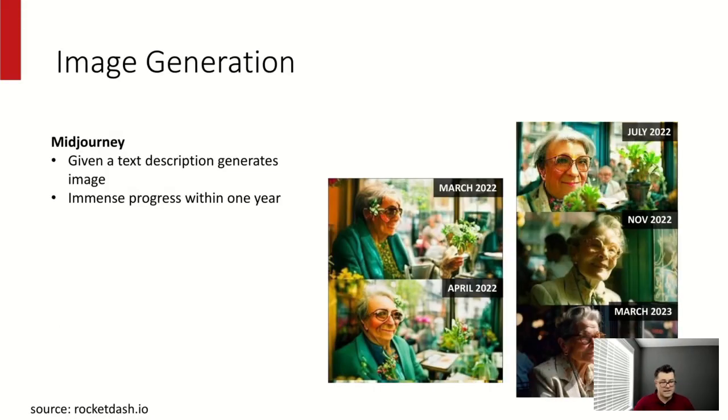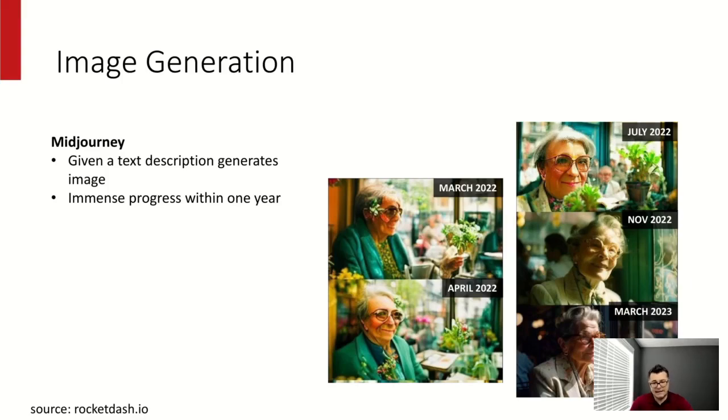So we'll start off with some examples of generative AI. There's been a lot that has happened. I'll start out with image generation. You might wonder why. Well, a lot of these image generation models are also tied to language, so there is a relationship. I just want to touch upon the amount of progress that has happened in this field. If you take a look at image generation, this sequence of images illustrates the progress